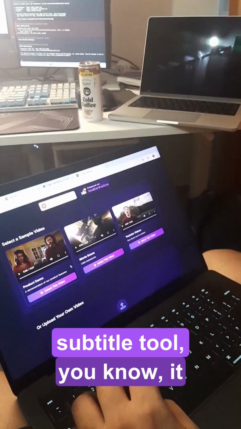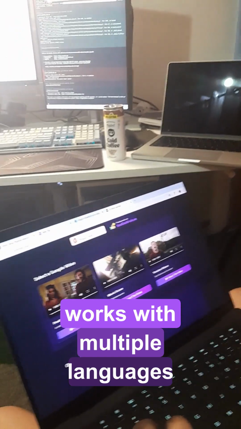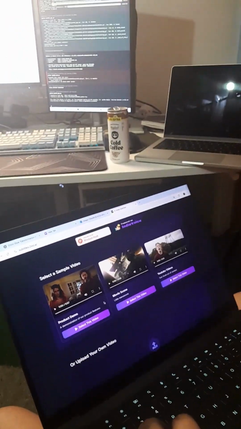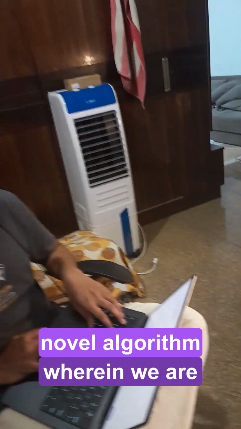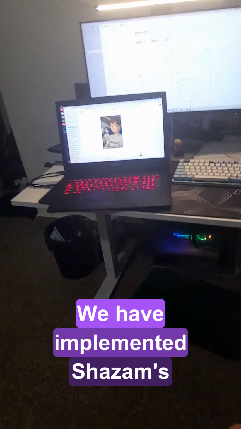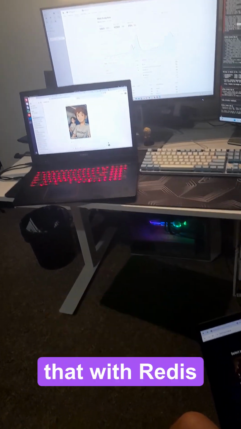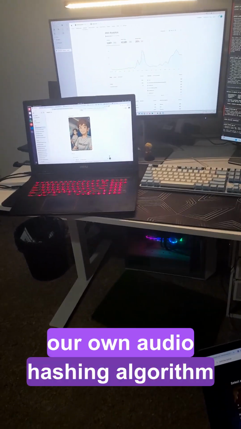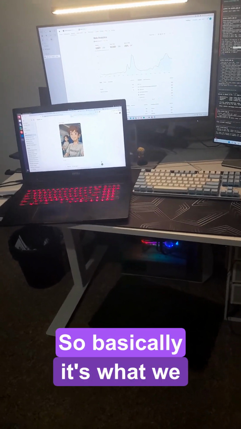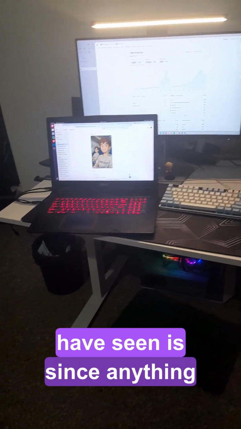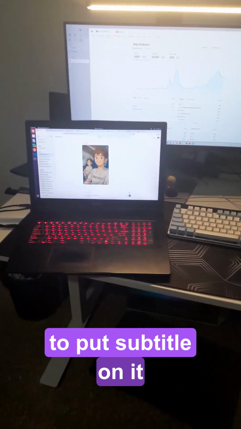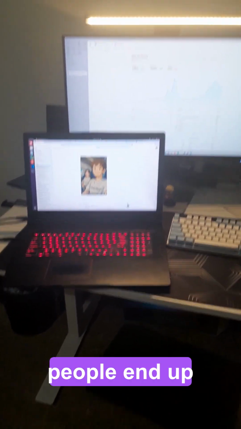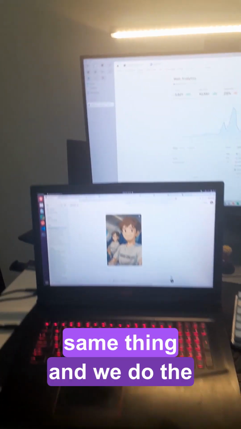So this subtitle tool works with multiple languages, does auto translation, and also Kanishk here proposed a very novel algorithm wherein we have implemented Shazam's fingerprinting algorithm and combined that with Redis to come up with our own audio hashing algorithm. So basically, what we have seen is, since anything goes viral and people want to put subtitles on it,